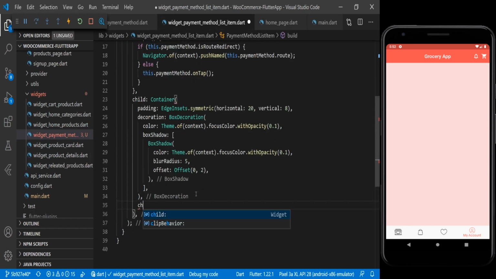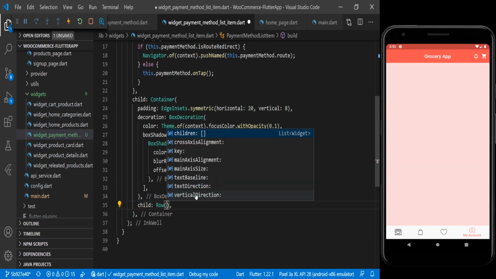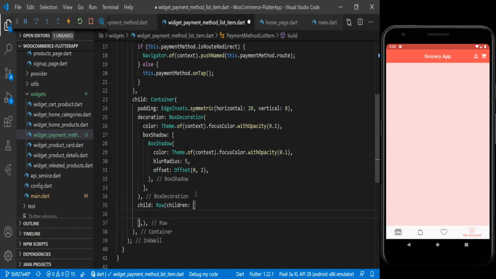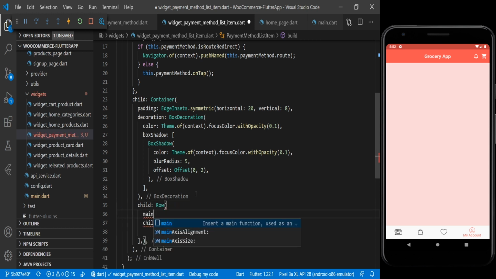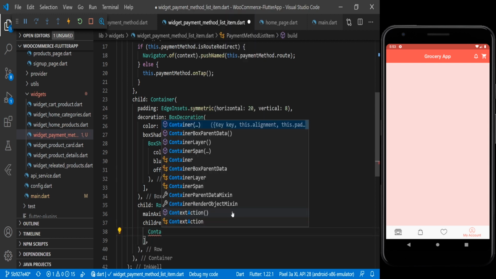and here we will add the child here, and here we are using a row template, and here we will write main axis alignment, main axis alignment dot start. Then inside the children we are using here container visit we are using here.